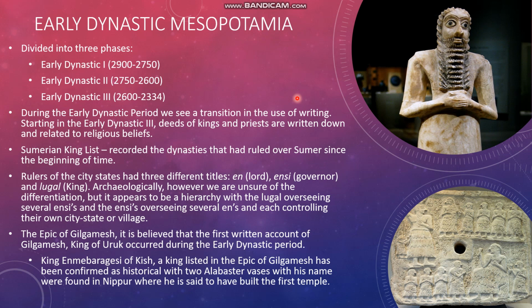One of the most important of these is the Sumerian Kings List, and this records the dynasties from each of these city-states that had ruled over Sumer since the beginning of time, going all the way back to the first city at Eridu. Now, we also see kings, or Lugals in the Sumerian, who are now starting to bureaucratically manage